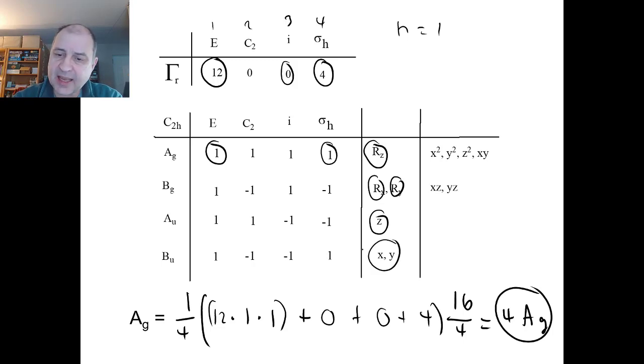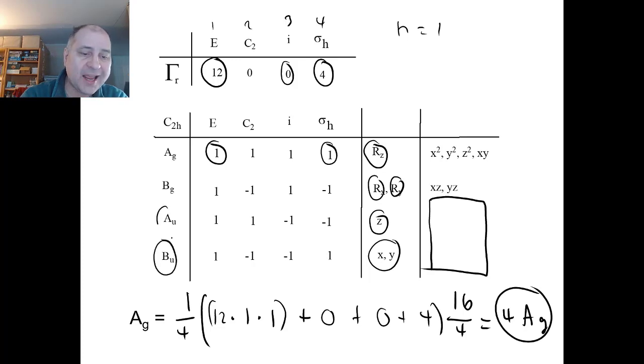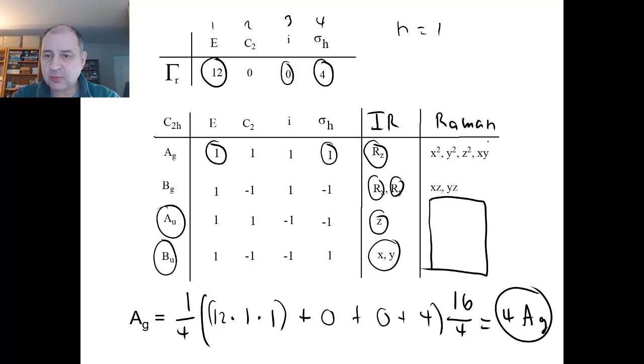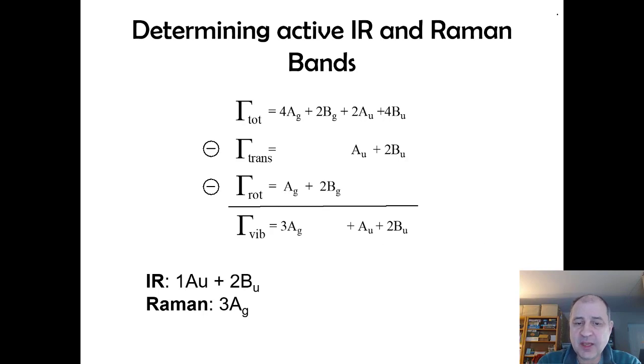And then at the end of the day, if you have any of the Bus or Aus that are going to be the vibrations, then they are only IR active, right? Because this is IR and this is Raman. So this is an example of where IR is more useful than Raman. You will not see these bands in Raman, right? Once you subtract out all of the translations and rotations, you end up with 6 total vibrations. That's another one